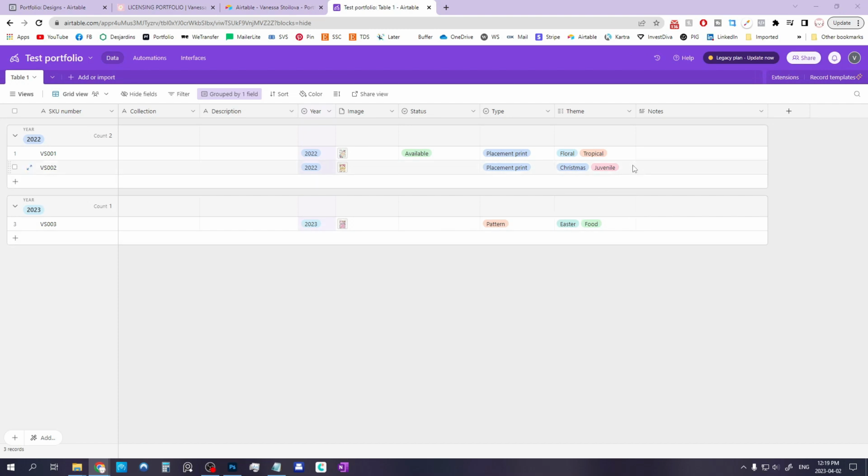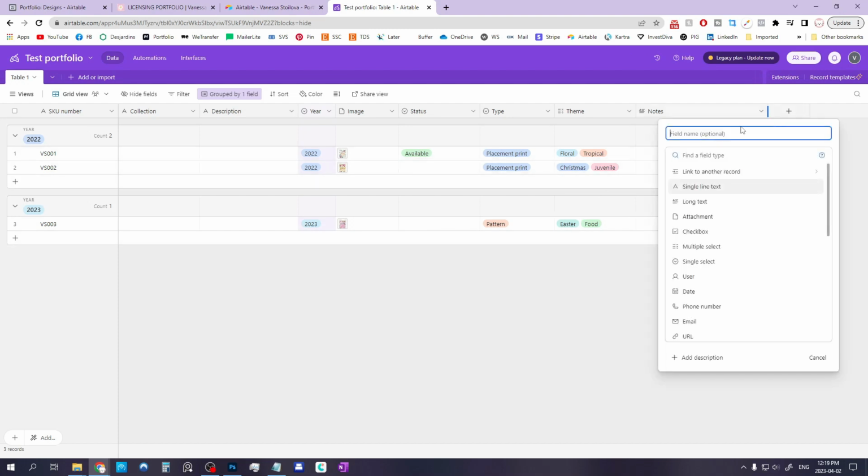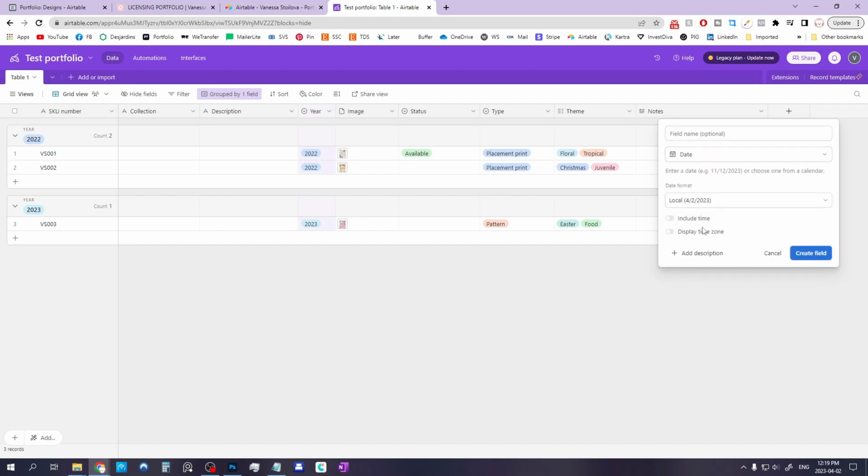Next, we are going to add a date field. So let's add a date. You have here a little calendar, and this is going to allow you to click your date in a calendar instead of having to enter it, but you can choose your date format if you wish. Now we're going to write date uploaded,